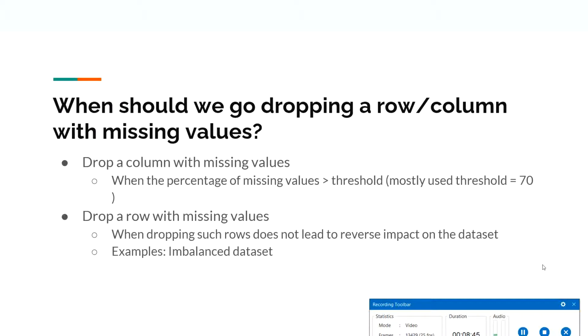Okay, a simple example you can think of. Let us say you have a classification data set where your target variable is binary, with values 0 and 1, and there are a total of 5 rows with certain missing values, and you see that in those 5 rows 4 of them have a 0 value and one of them has a 1. Let me give you one more piece of information. If your data set is balanced, then in that case go ahead and drop all 5 rows, it will not impact the overall structure. But let us say your data set is imbalanced.